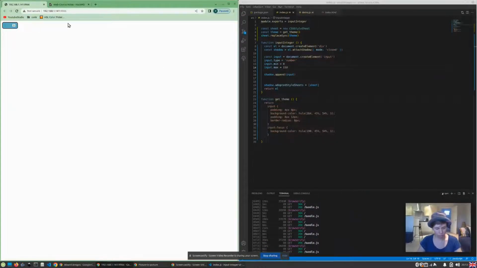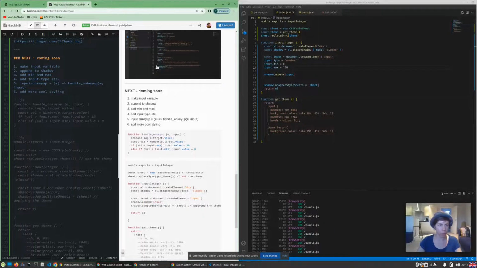So let's see if we have a number 140 and we go up, up, up, up, up, up. It doesn't go above 150. And if we go down, like 4, 3, 2, 1, it doesn't go into the minus. So min and max work, and we have a type. Cool. So the next thing what we can do,